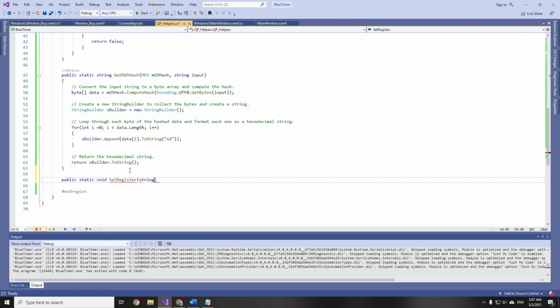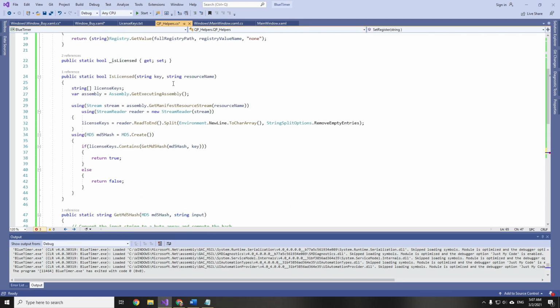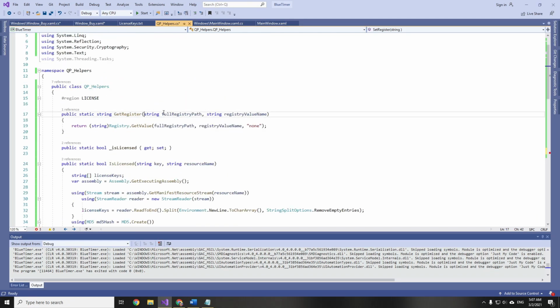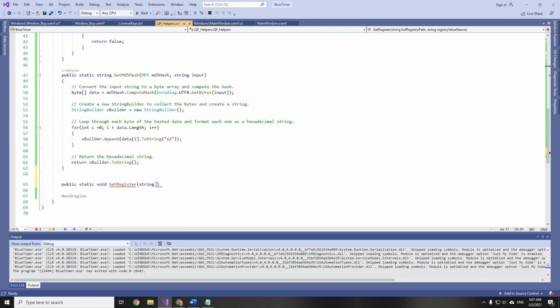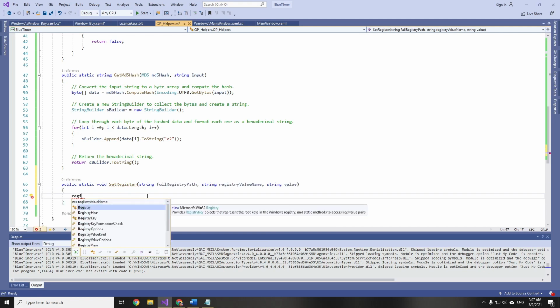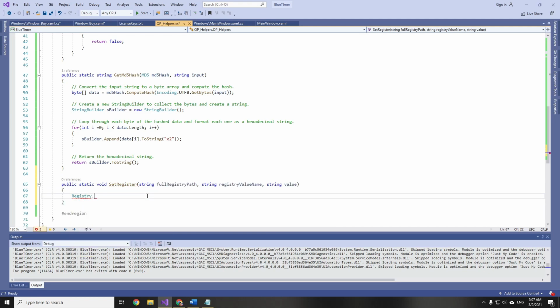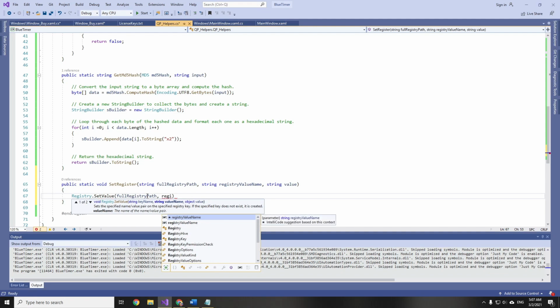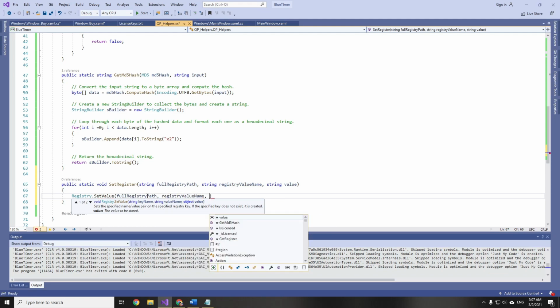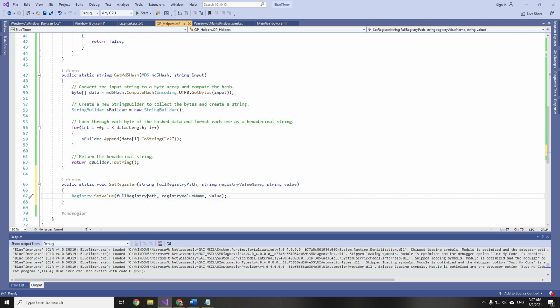It will accept full registry path and registry value name, and also value. Type registry, but this time instead of get value type set value, and you pass full registry path, registry value name, and value. Okay, good.